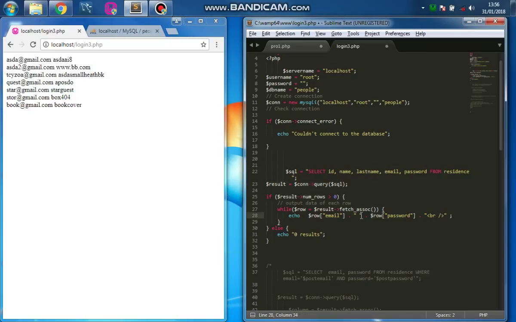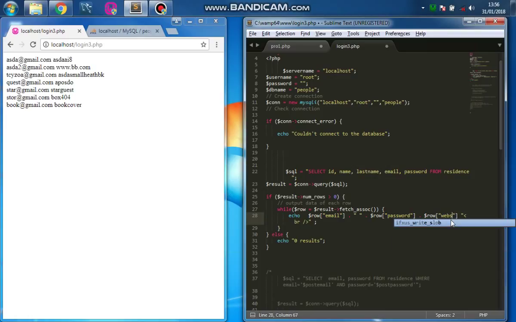It's shown here. If you want to add, for example, the websites, what you're going to be doing is row website,